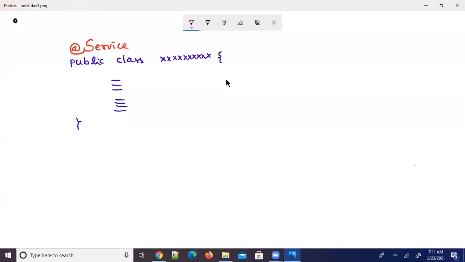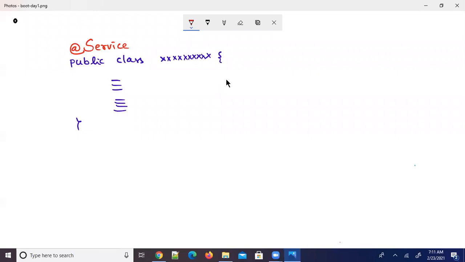And that is the meaning of stereotype. By writing @Service, it tells that the role of this class is a service layer class, having service layer code, business logic code. I think you are getting what I'm trying to say. That is the meaning of stereotype.